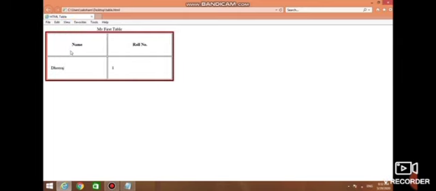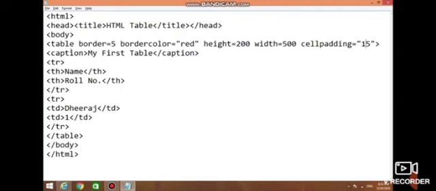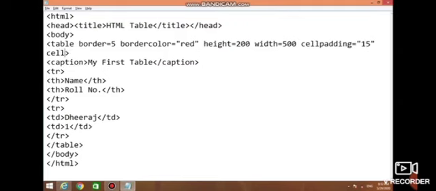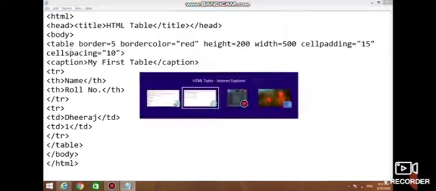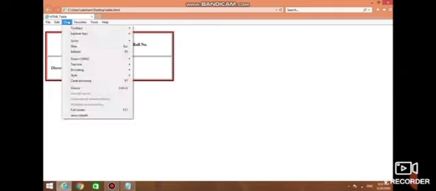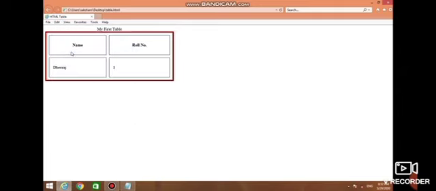We can see its effect. Another attribute is cell spacing. Cell spacing specifies the space between cells. Yes, we can see the space between the cells.